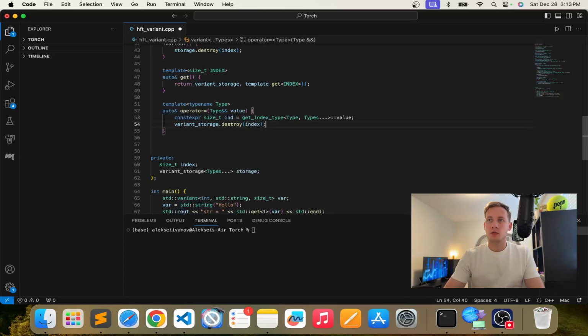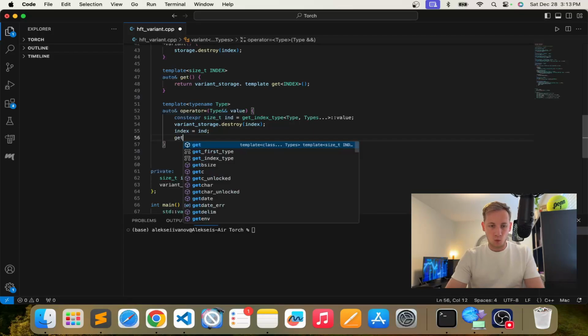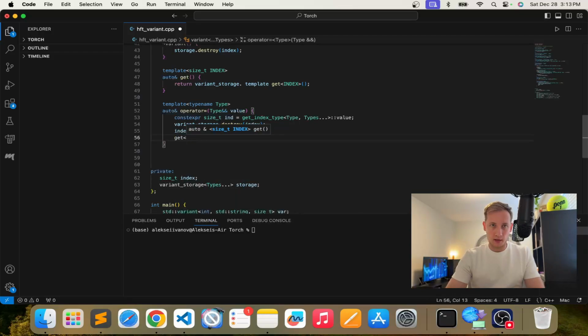So now the memory is released for the previous type. Now we can assign the index of the other index, which is actually the index we just got from here. And we can call the get with the other index,